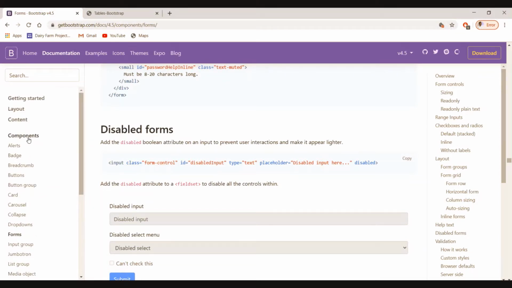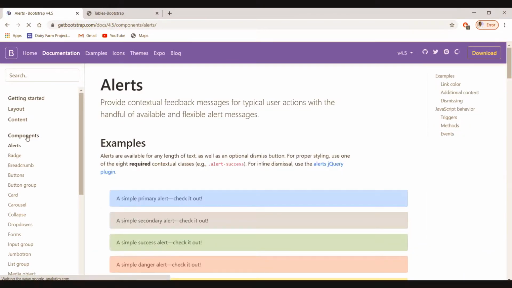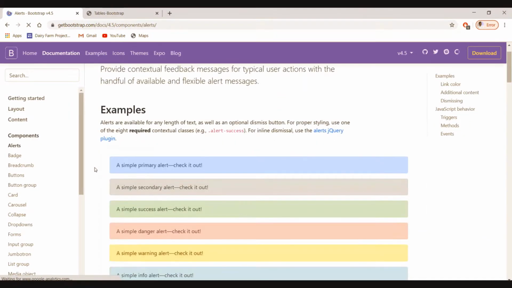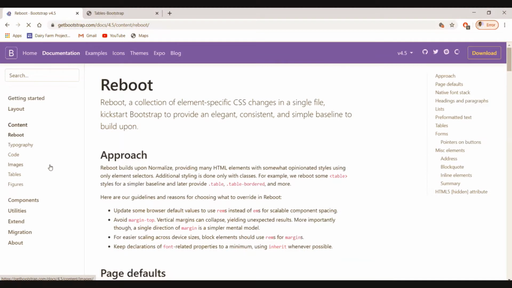So for this we have to go to the components. Sorry, then we have to go to the contents, and in the contents here we see the table.